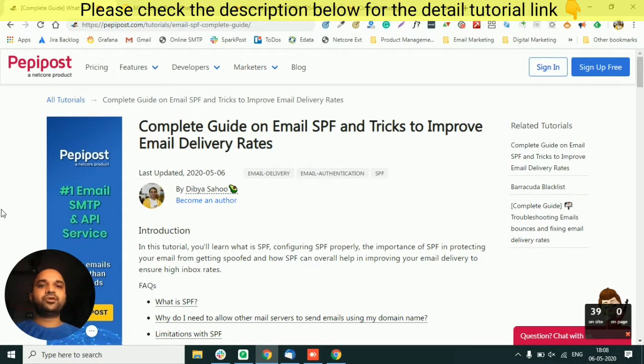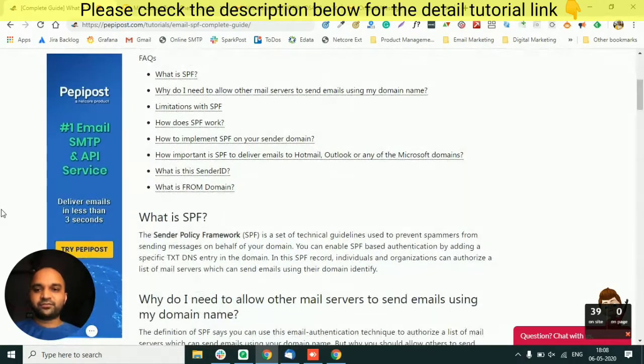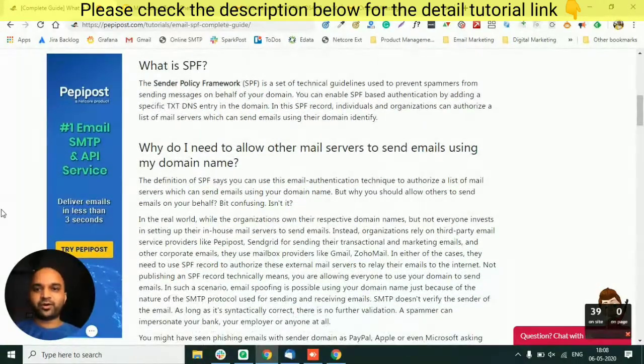So you will find a summary of everything inside one tutorial, so that you don't have to go to multiple places to understand what this is really all about.